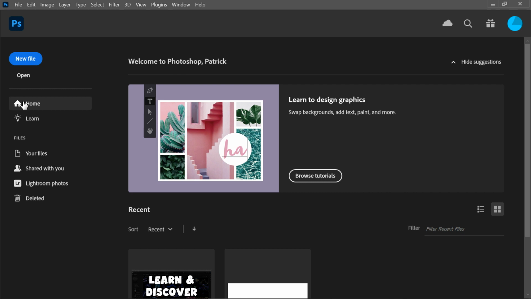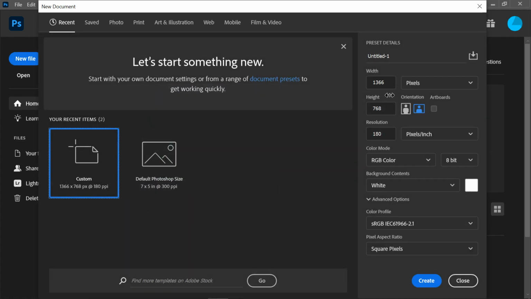From home, the other big thing we'll talk about is new file right here, where if you're starting with a blank document, instead of just dragging a photo in, you'd want to click new file. Always pay attention to the size of the file. Usually we want to think in inches, like